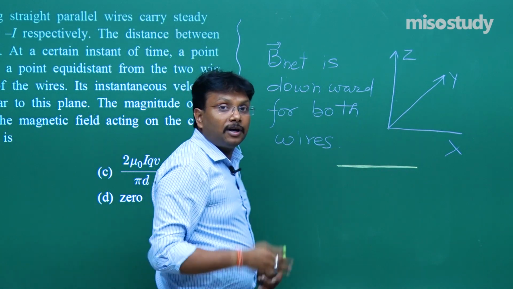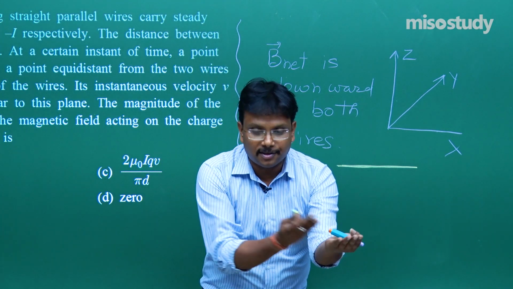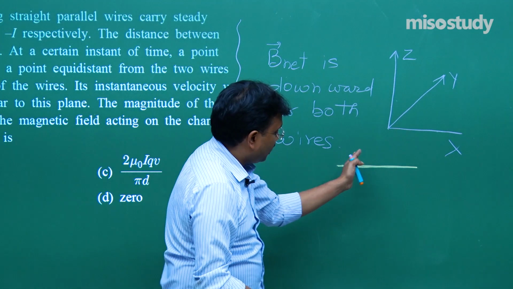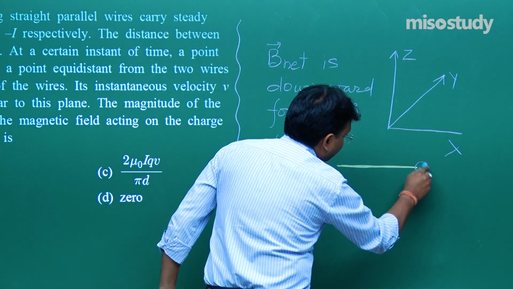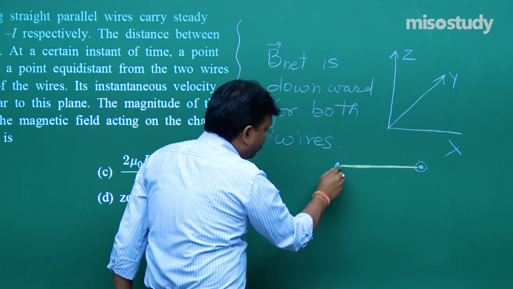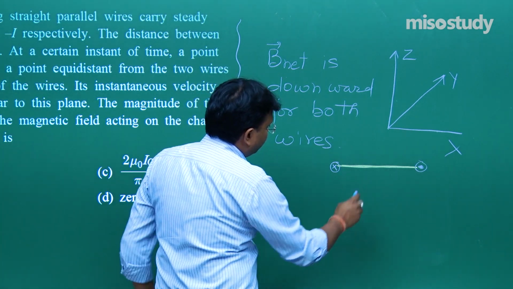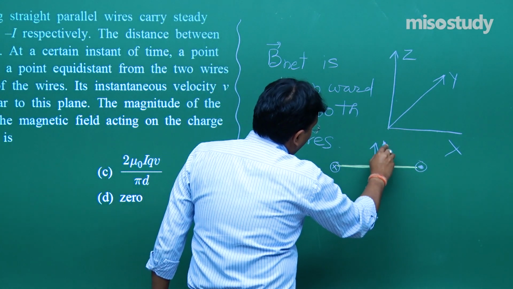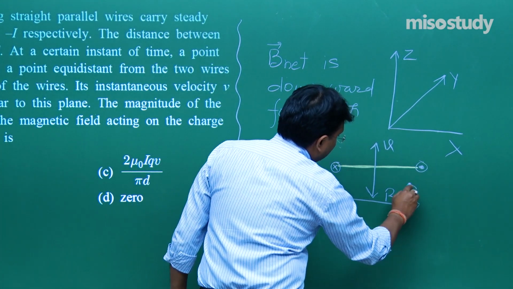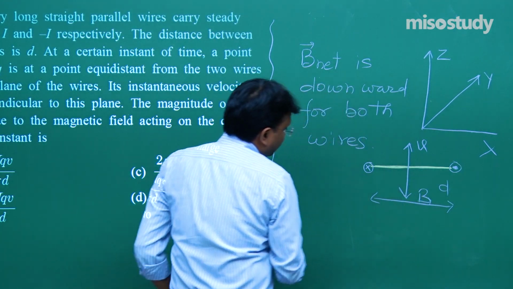Now, I am taking the look of the diagram from the top. The wires are like this. One wire is this, another wire is this, and I am taking the look from the top like this. That is why I am drawing this diagram. This is not for the magnetic field, this is for the direction of the current, which one is in which direction. So it is your B, it is your B, and these wires are separated by a distance D.